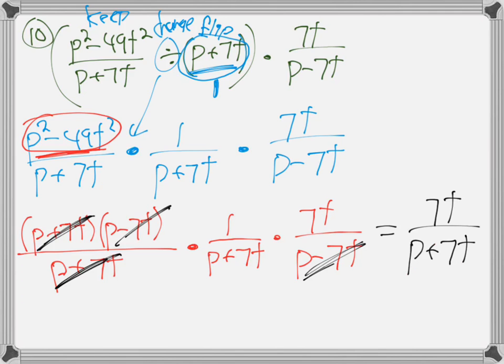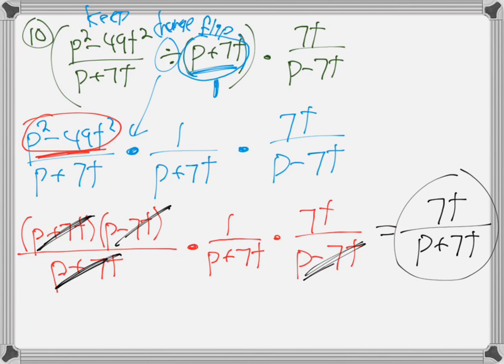Can I cancel those 7t's? Can I go like this and like that? Why not? Because the bottom says we're glued together. We're a package deal, which means you want to buy any of us, you buy the whole package or you buy nothing. Yeah. So we're going to buy nothing there. So we leave it just like that. And that's our final answer. Is this making sense, this section? Questions I can